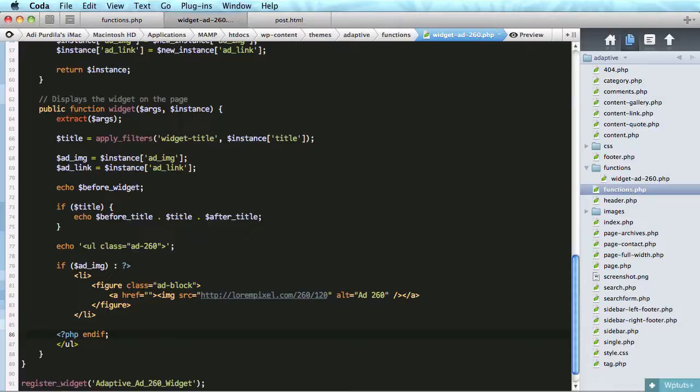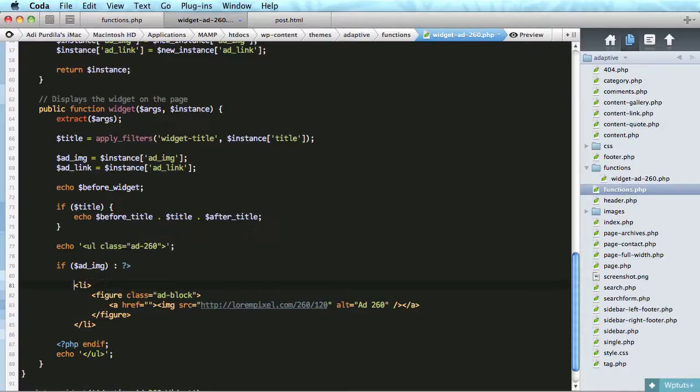Okay, and then we'll do an echo UL. Okay, so we'll do list item, figure class add block, and then href. Inside here, we'll do PHP echo add link, and then the image source